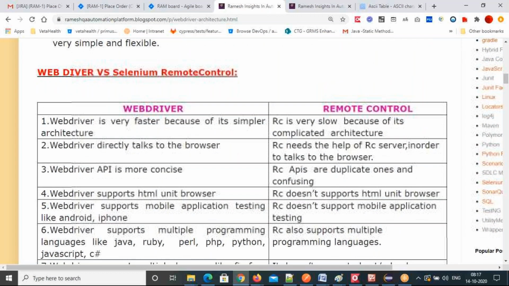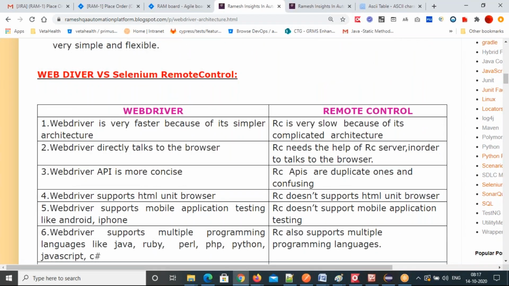Let's see the difference between WebDriver and Selenium Remote Control. WebDriver is very fast because of its simpler architecture, and RC is very slow because of its complicated architecture. WebDriver directly talks to the browser, and RC needs the help of the RC server in order to talk with the browser.